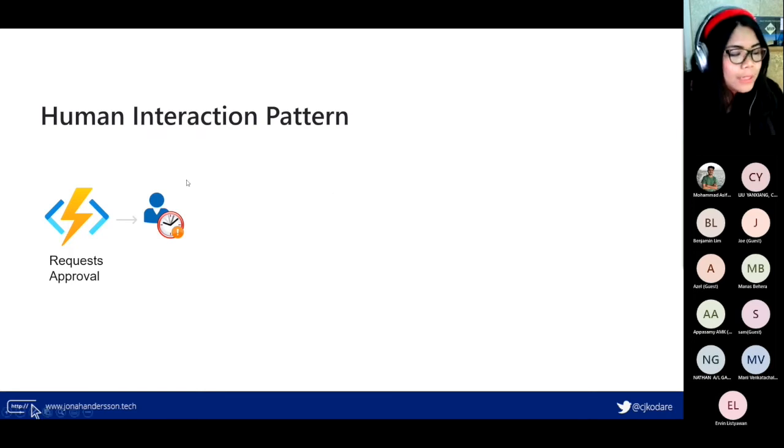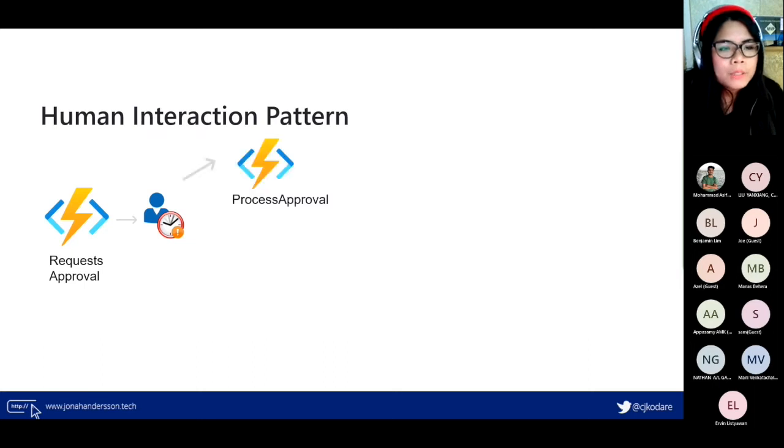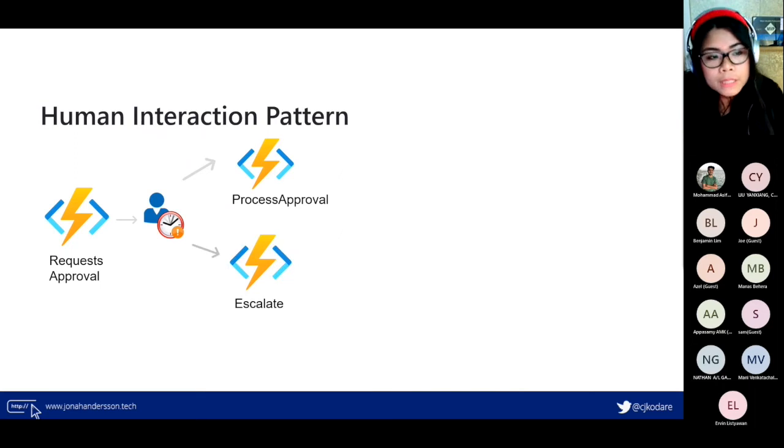So it's good to use this type of pattern. For example, you can combine it with an external event, a human actually doing something to trigger it, or you can also set a timer along with it. If that person responds to your request, then you call another activity to process the approval. Otherwise, there's a timer that also checks if it's processed or not. If not, then you can do something else, for example, escalate that process.